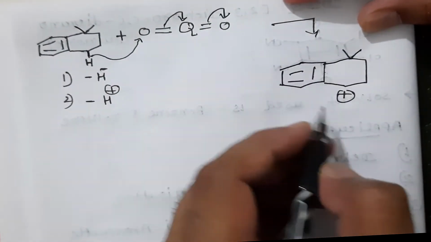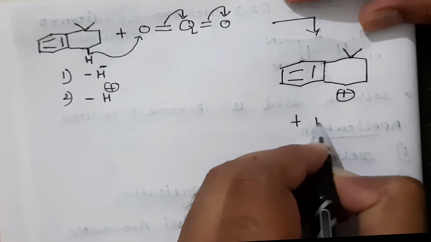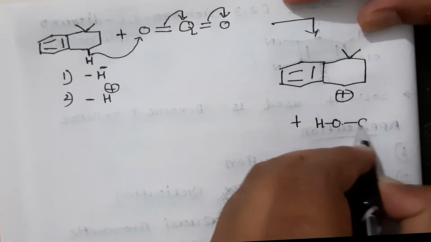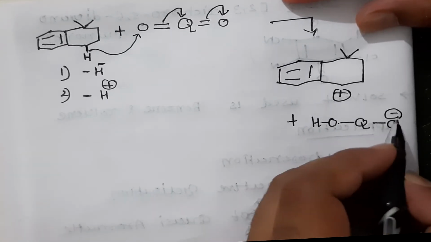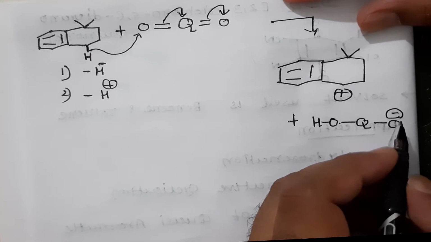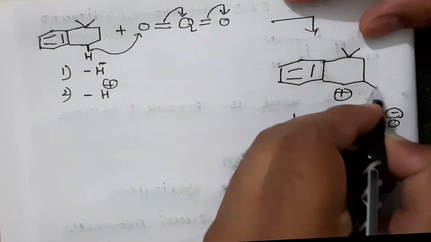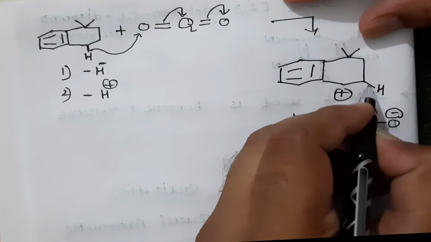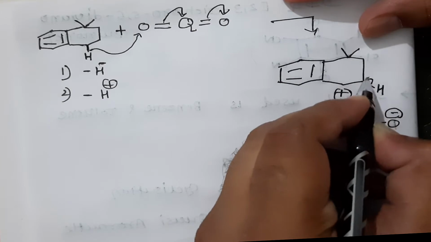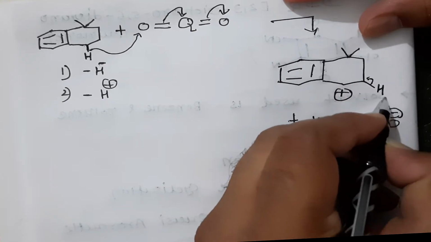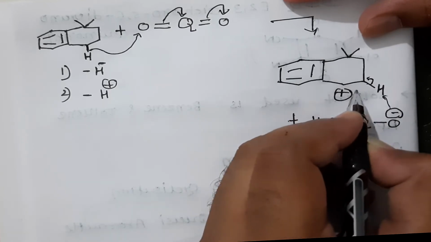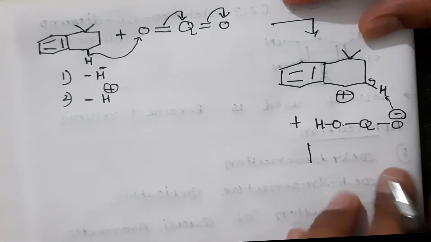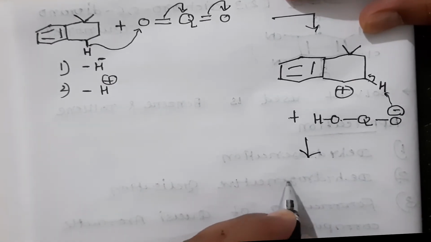So in the first step, H minus is removed, and here we get H O single bond Q, and here O minus. Again this O minus abstracts the proton from here. Here H plus is removed. The electrons of this bond leave, and H plus is attached here. Here a negative charge is generated, and this negative charge and positive charge make a bond, and we get this type of product, this type of intermediate.